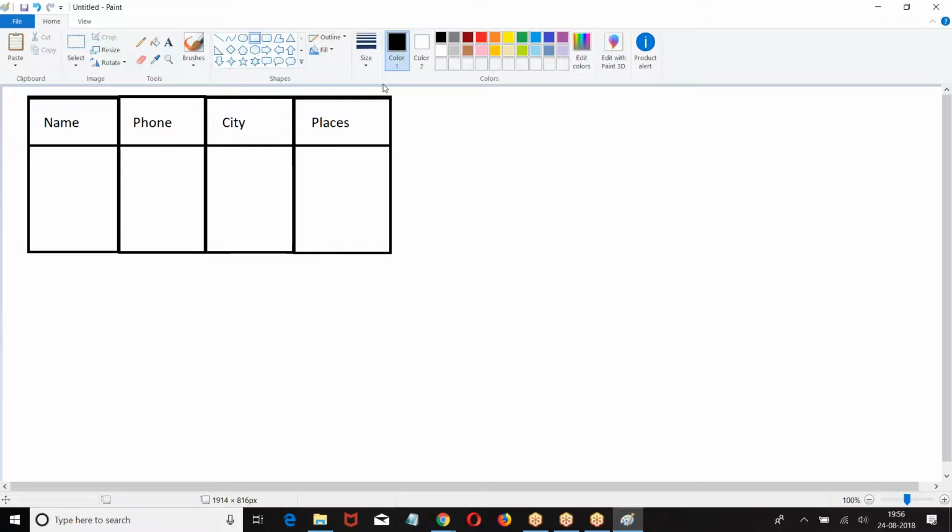Now, there are two types of fields. One is standard field, other one is custom field. Standard field means fields which are created by the Salesforce. Some of the standard fields are called system fields. So we have standard fields, custom fields. Fields which are created by the Salesforce are called standard fields. Right? Fields which are created by the user are called custom fields. Some of the standard fields are called system fields.